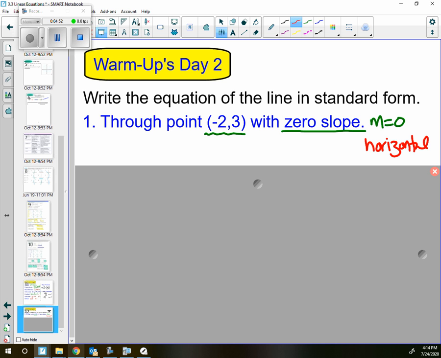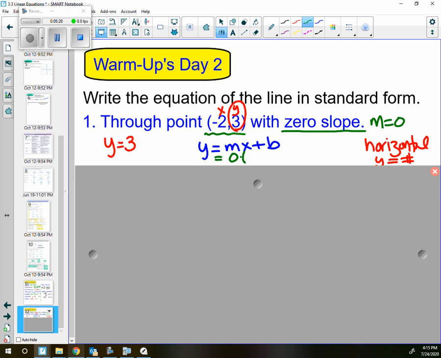If you know it's a horizontal line, then you know it's of the form y equals a number. Well, if it goes through the point -2, 3, that has a y value of 3. That means the only thing that this could possibly be is something that has a y value of 3. So this equation would be y equals 3. There's no other option, because if it's a zero slope, it's going to be horizontal and it's going to have that y value. You could also use your slope-intercept form to help you, y equals mx plus b, and just put in your 0 for your slope